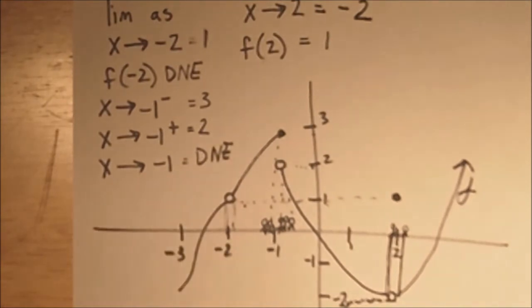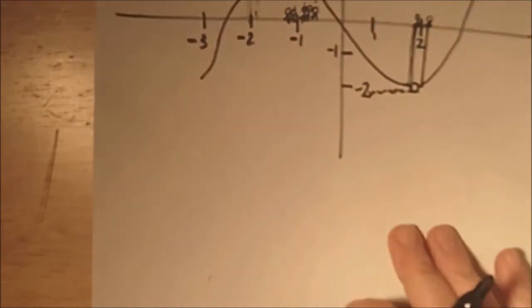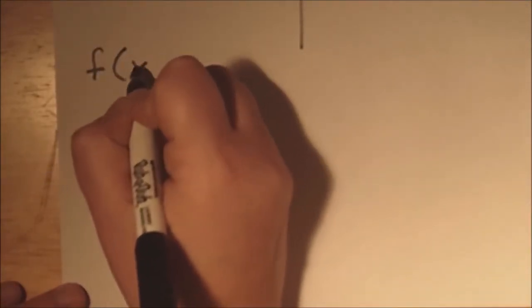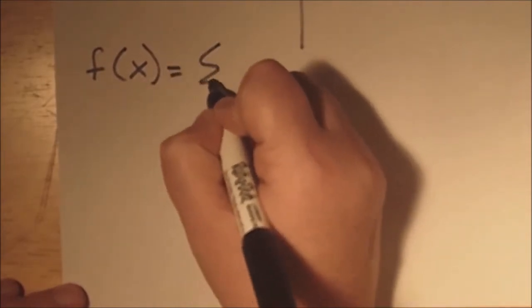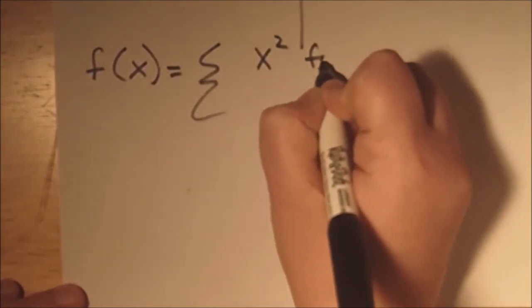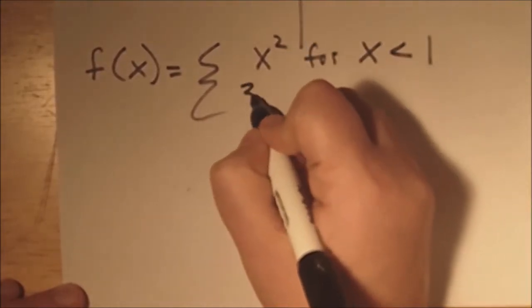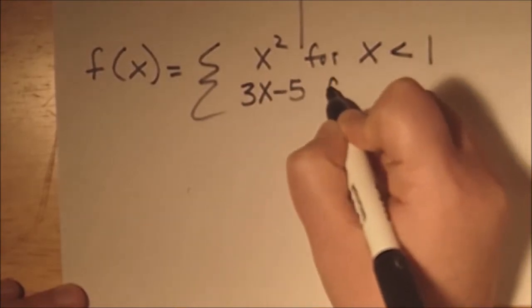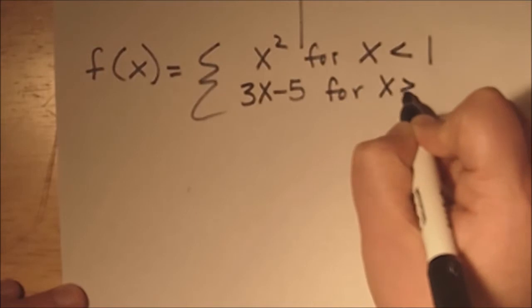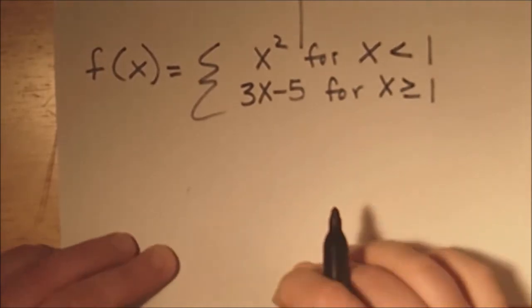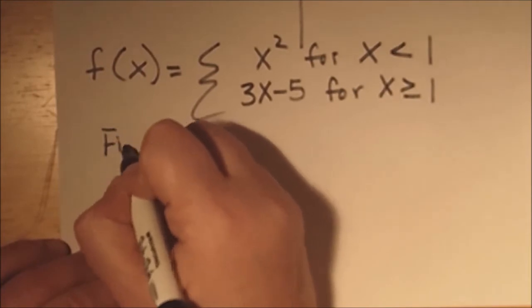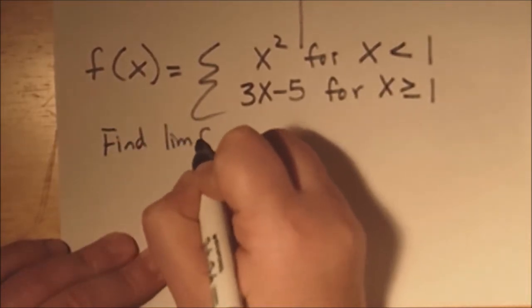Now, next example that we should look at, let's do another piecewise function. So here is the function that we're going to consider. F of x equals x squared for x less than 1 and 3x minus 5 for values greater than or equal to 1. And I want you to find the limit of this function